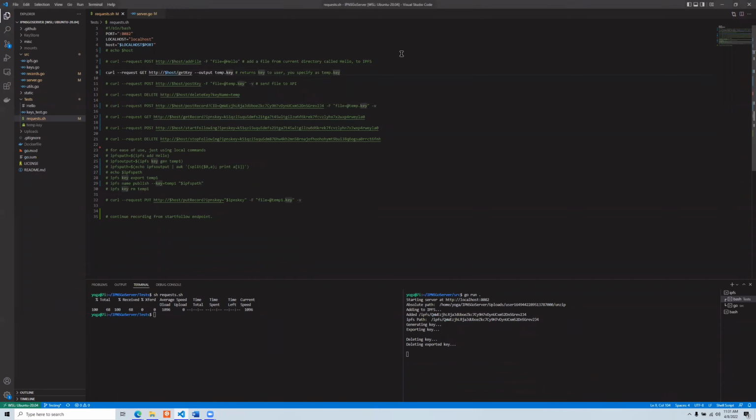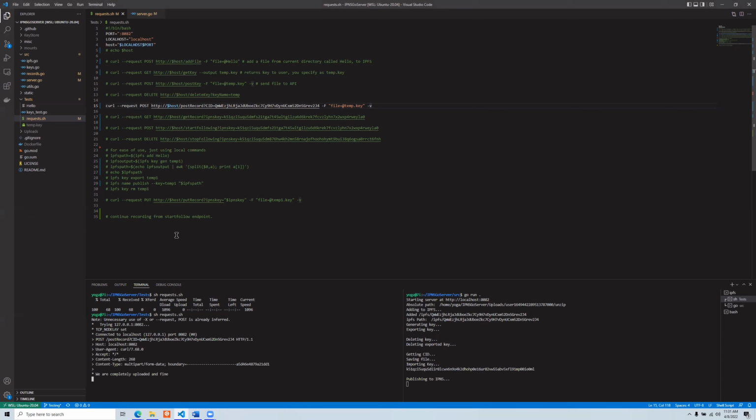Now that we have our CID already, all that's left is to publish the content to the IPNS network. So we're going to make a POST request to the post record endpoint. We're going to provide the CID of the content that we want published under our record, and we're going to provide the key to the server as well, because remember, the server still does not have the key. So instead of writing out the whole curl command, I'm just going to execute the script, and this will send over everything together. And we can see here, it is currently publishing to IPNS.